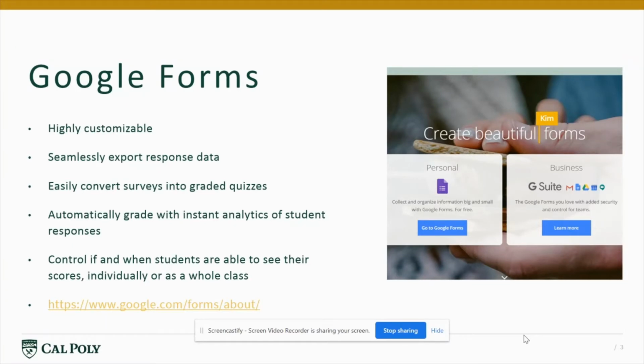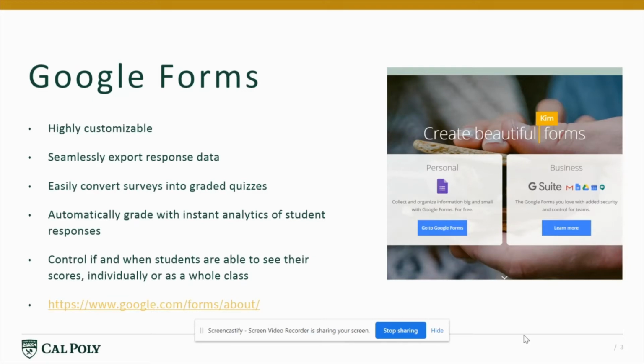Google Forms can seamlessly export response data into Google Sheets for easy review of responses, including timestamps of when each response was submitted. Specific to education, Google Forms includes the option to make any form into a graded quiz with completely customizable point values and answer keys, as well as several different question types to suit your needs. Multiple choice questions can be scored automatically, providing students with instant feedback and saving you valuable time grading. Forms also provide a breakdown of student responses for each question and even highlights the most missed questions to highlight